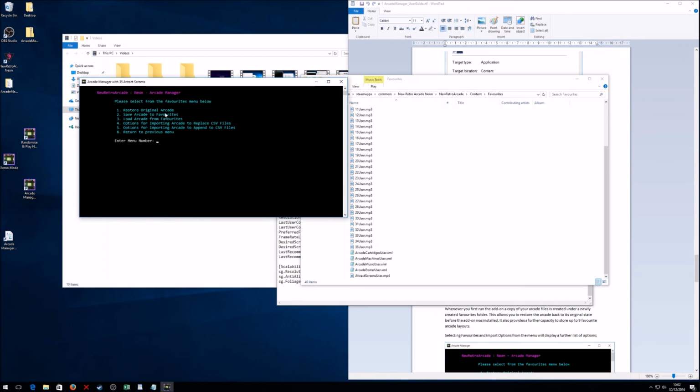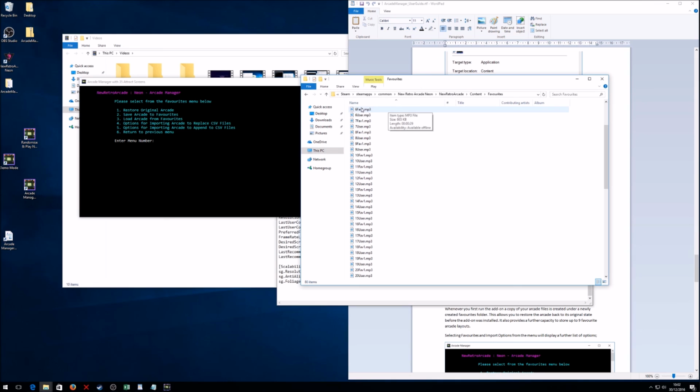back to the original. We can then create a new save, which will save the current arcade setup, and I'll just do that just now to demonstrate. So if we select number 2, it'll then ask you which save slot you would like to use. So I'm going to select option 1. And what that does is if you look in here, you'll notice I've now got a favourite 1 for all these different